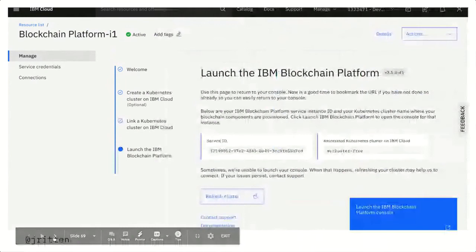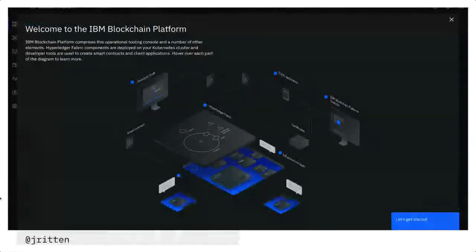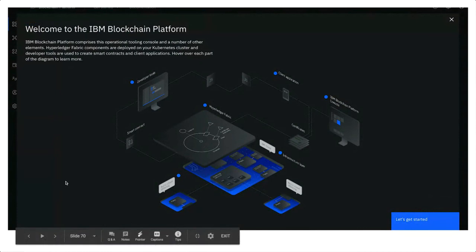So when we launch the console, this is the IBM Blockchain Platform in the IBM Cloud portal. So within your IBM Cloud account, this is where you will be able to come and manage your blockchain platform solution.